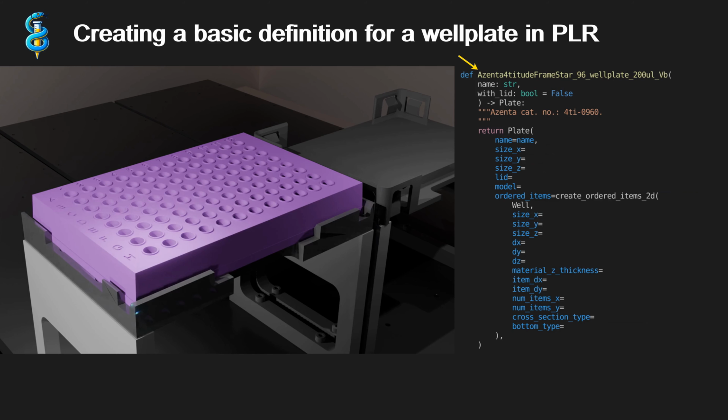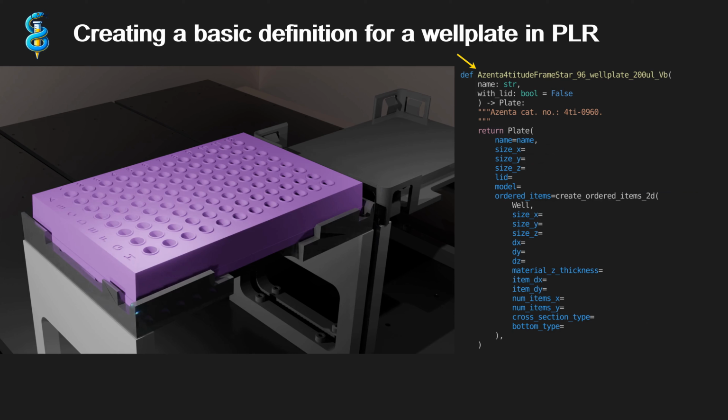This is why in PyLabRobot, or in short PLR, we generate a function with that name and let it return the parameterized plate object that represents our physical plate for us. When writing a new Python-based automated protocol, we can then easily generate a new plate instance by calling this function. Additionally, defining plates through functions like this means we can use the PLR convention for resource naming we see over